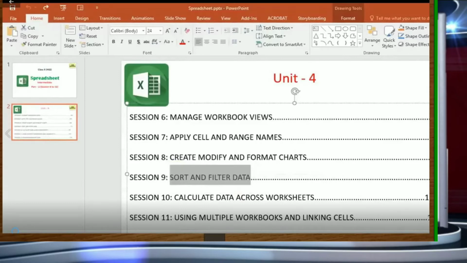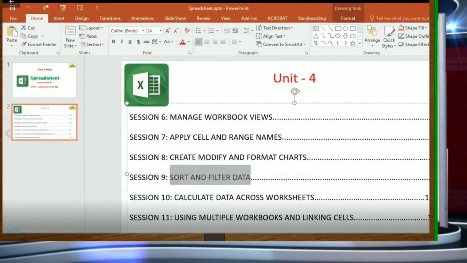Before I just show it practically, I want to tell you what sorting is and what filtering is. Sorting, children, if you understand, it's a concept where we can set our data in ascending or descending order. So you can have any data, you can have names, you can have even marks. If you have a result sheet, on that also, on some particular subject, you can have sorting in ascending or descending order. Then coming to next, we have filter.